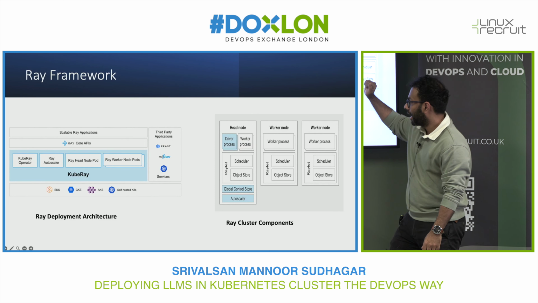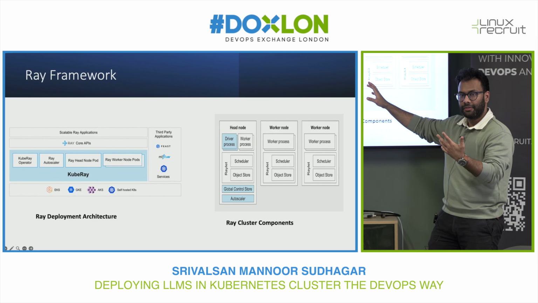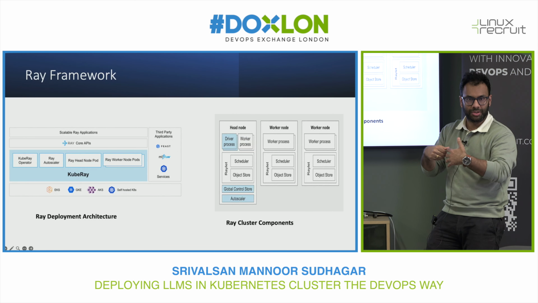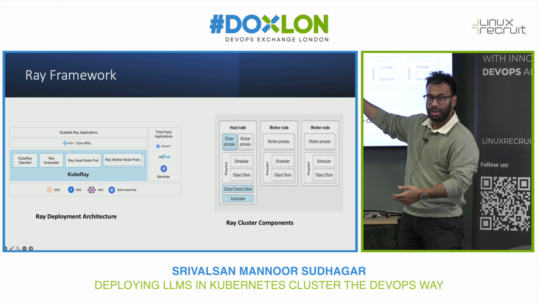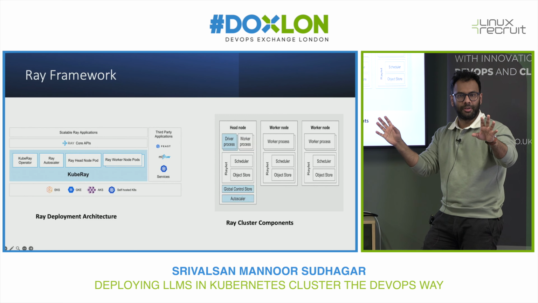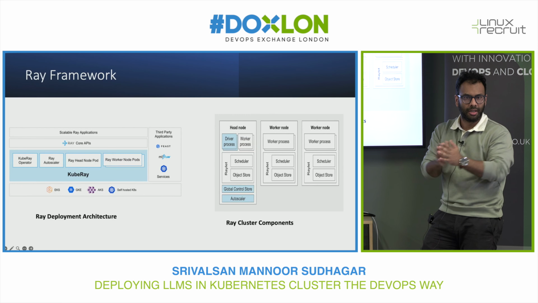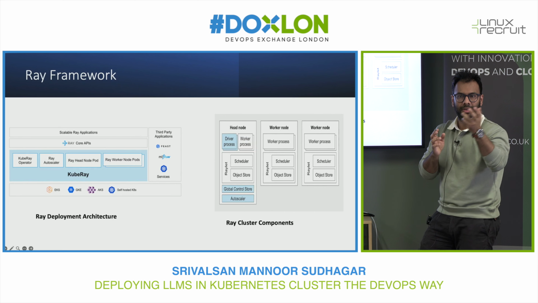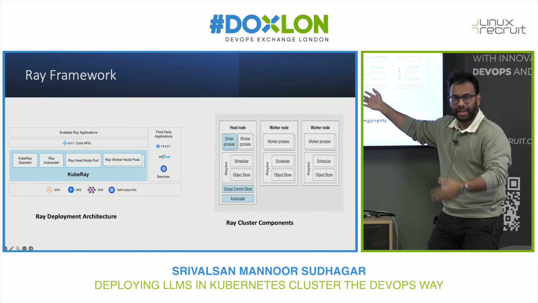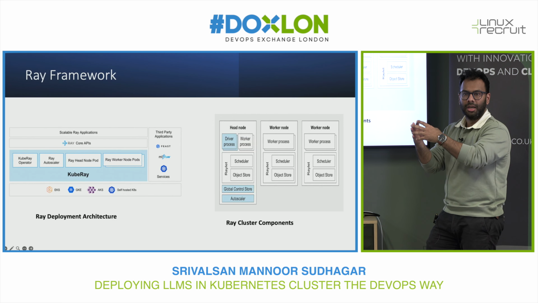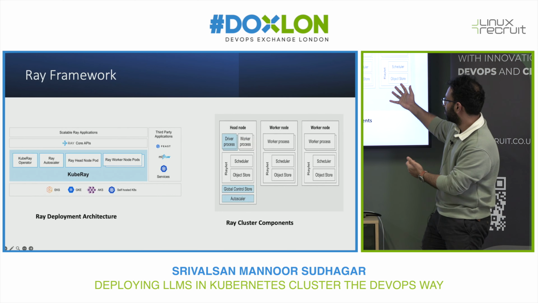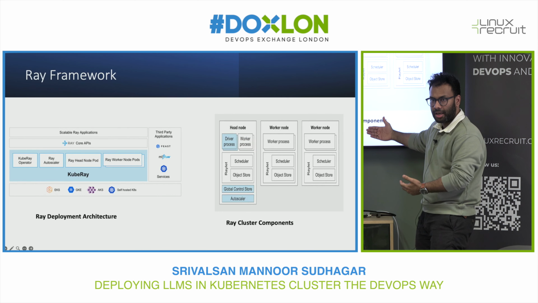Ray has its own autoscaler, which identifies how to scale the machine learning models based on the requests that come in. And it has its own Ray head node, which, if I draw parallels to a Spark application, because Spark is quite famous out there, you can look at as the driver. Then you have the Ray worker node, which does all the scheduling and makes sure the applications are provisioned. So this is another extensive view of what the Ray cluster components look like.